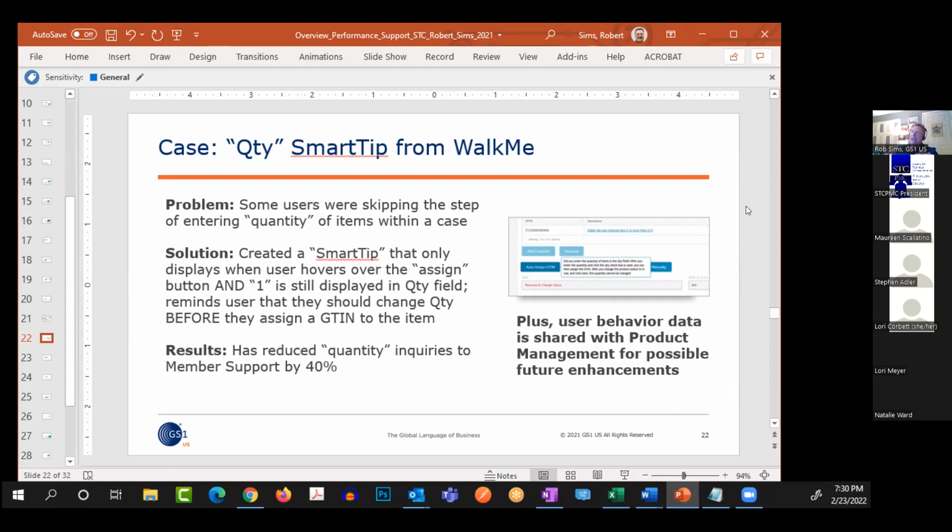So I love the fact that not only am I fixing the user experience, but I'm fueling some potential product development changes, which product development really appreciates. It helps my relationship with them, and it's really quantifiable. It's pure data. The data is being driven by the digital adoption platform.